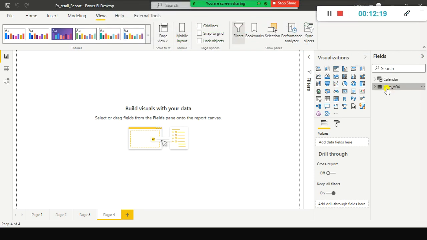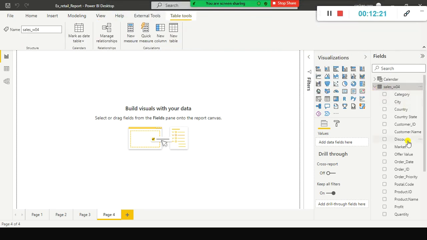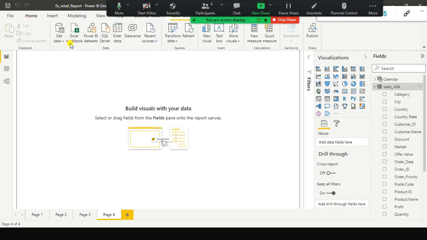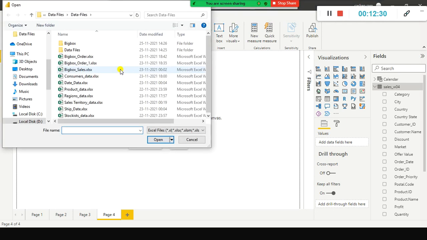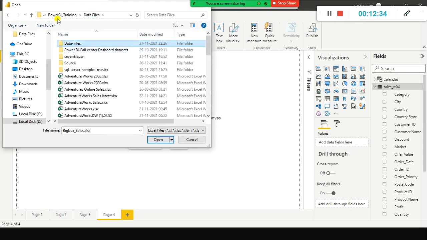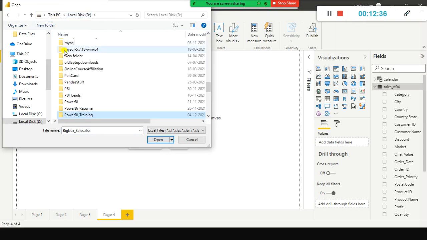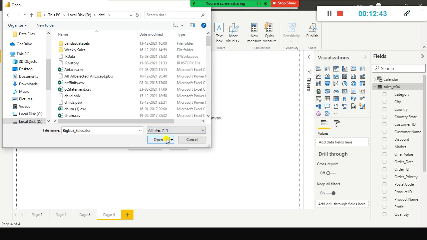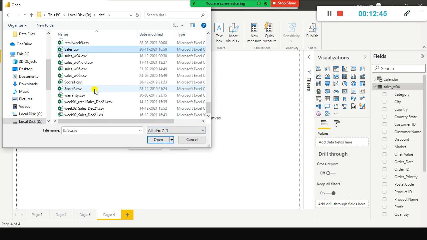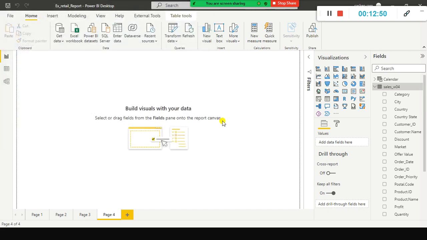So this is my data set, sales W04, okay? I already imported this one: go to Home, Get Data, Excel workbook, and then wherever you stored this one. Anyhow, we will work on some other data files also, don't worry. Today I'll show you how to work with other different data sets also, okay? So this is where you need to go: select all files and sales W04, just click open, it will open it, okay?